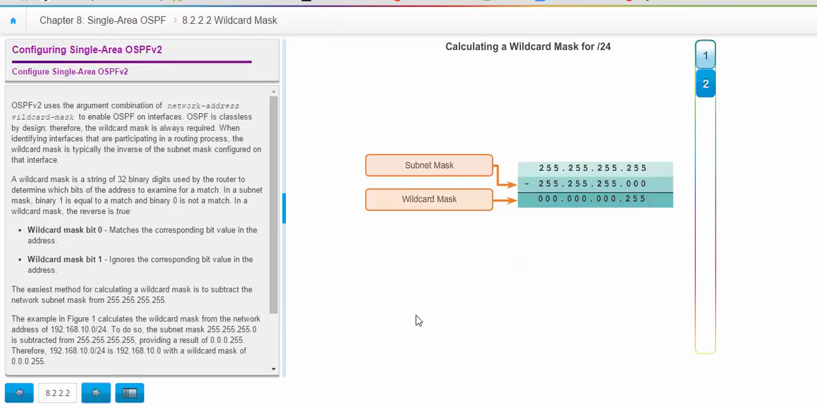OSPF is classless by design, and the wildcard mask is always required. Because it is classless, you have to determine what's still available. When identifying the interfaces that are participating in a router process, your wildcard mask is typically the inverse of the subnet mask configured on the interface. So, the wildcard mask is a string of 32 bits. It's used by the router to determine which bits of the address to examine for a match